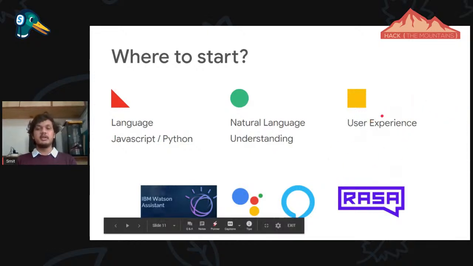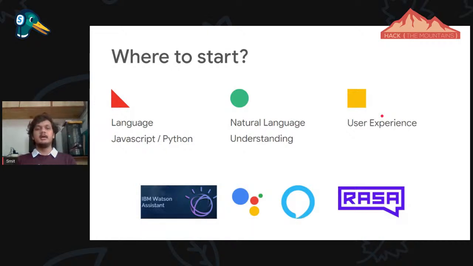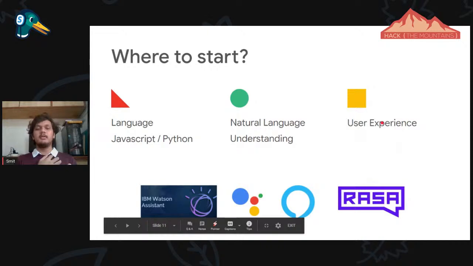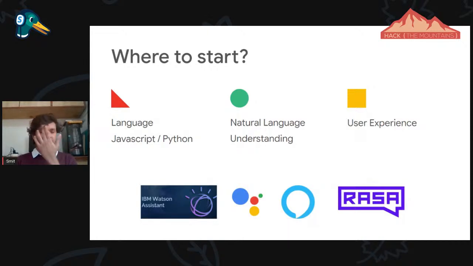In another way, there is user experience. If you create a chatbot, it might be just an if-else statement, but user experience is important. Suppose a user interacts with the chatbot and leaves, and after a few days invokes the chatbot again.